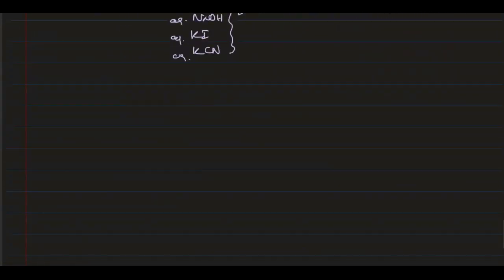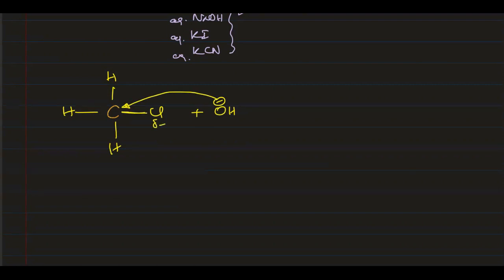The general mechanism, if we see, is going to be, say, CH3Cl plus OH minus. As this OH minus attacks this carbon, why should it attack this carbon? Simply because of the polarization of this bond. Due to the presence of this chlorine, this carbon develops a partial positive charge as a consequence of induction. So naturally this nucleophile will attack.